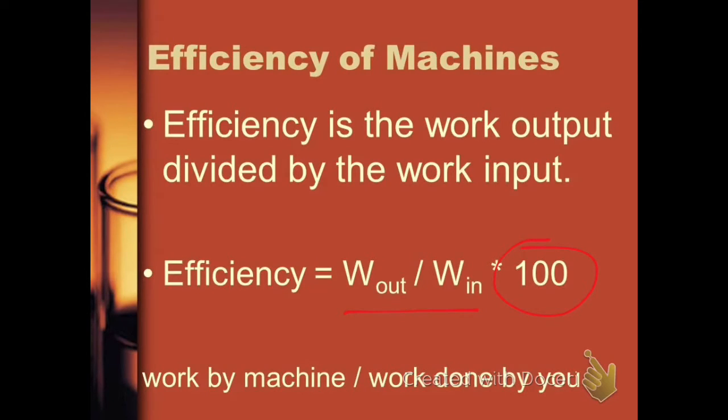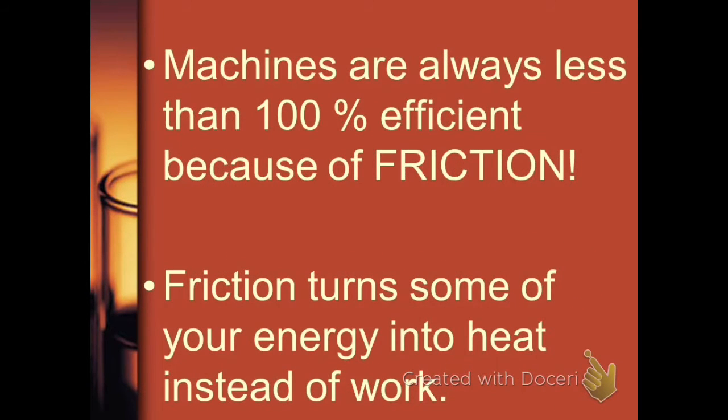Another way to think of work output is work done by the machine, and another way to think of work input is the work that you did to make the machine work. Machines are always going to be less than 100% efficient because of friction and other transformations of energy that don't involve the energy actually going into the machine working. For example, when friction turns energy into heat, that heat is not doing work for you,